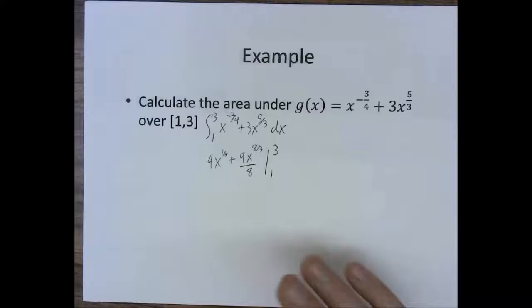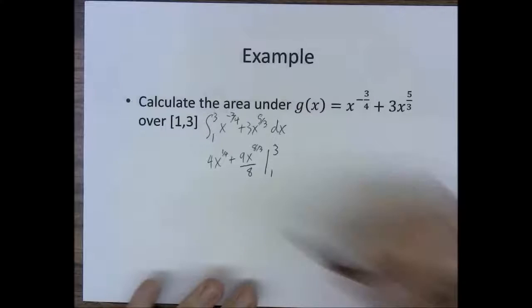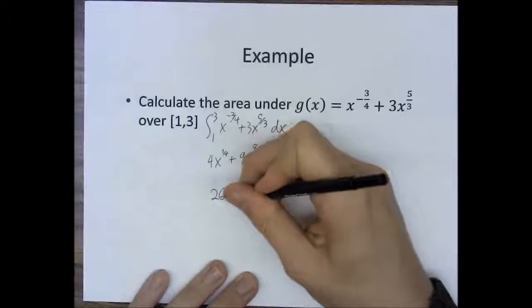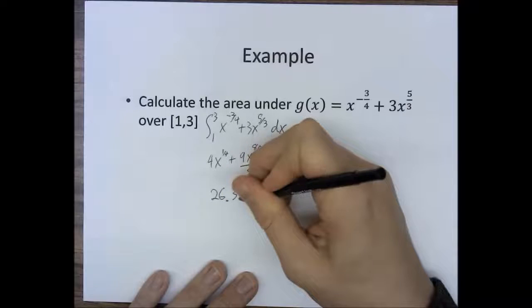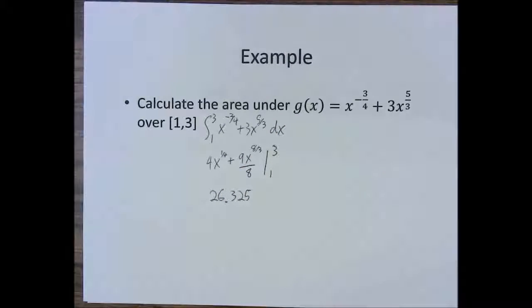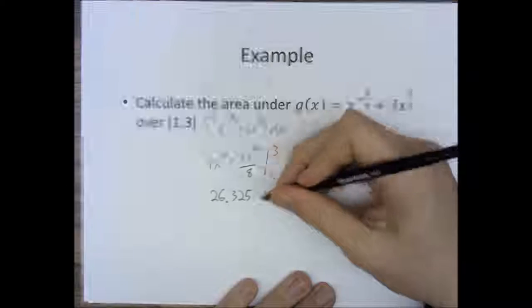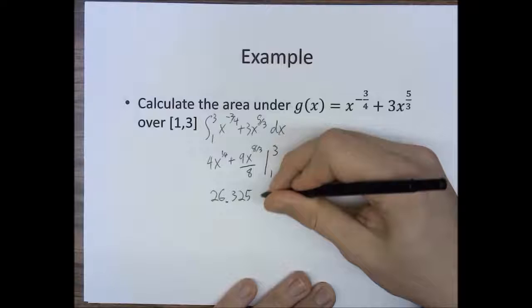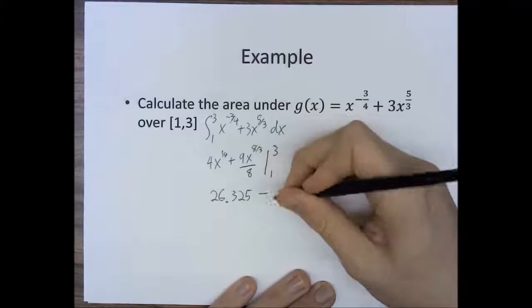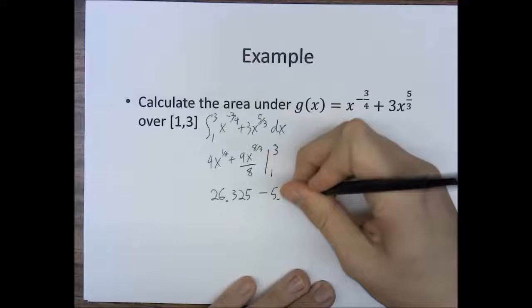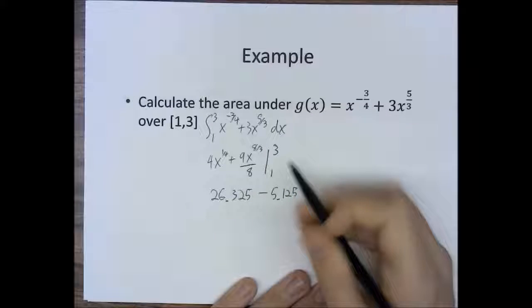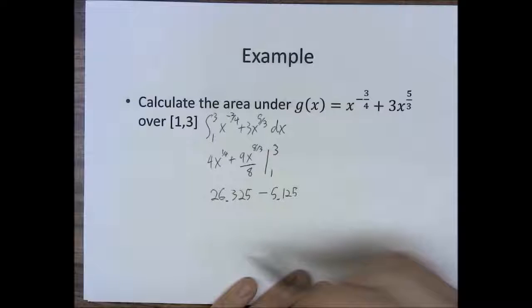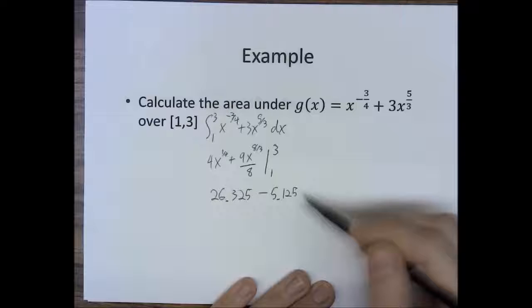So plugging 3 into your calculator, we're going to get approximately 26.325. And then we're going to plug 1 into our calculator and figure out what we're going to get. And that is going to be 5.125. So I recommend plugging 3 in first, solving that separately, plugging 1 in second, solving that separately, and then